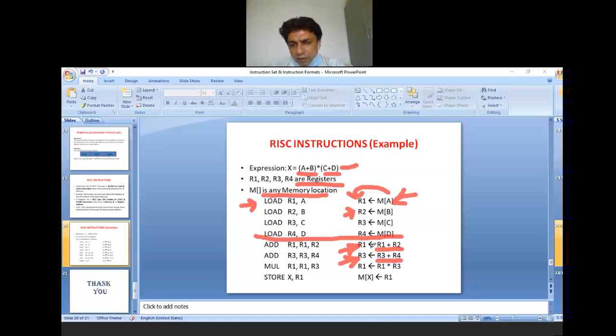Now R1 and R3 have the addition values of a plus b and c plus d respectively. Now we perform the multiplication operation. R1 and R3 are multiplied and the value is stored in the R1 register. At last, the value of the R1 register is stored in the memory location by using the store instruction.